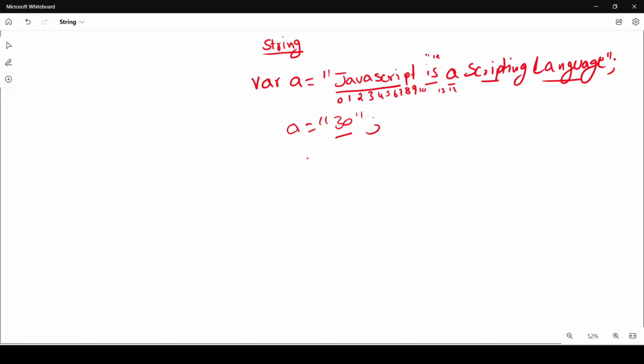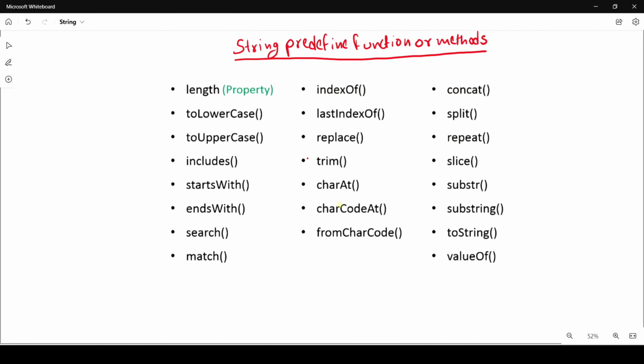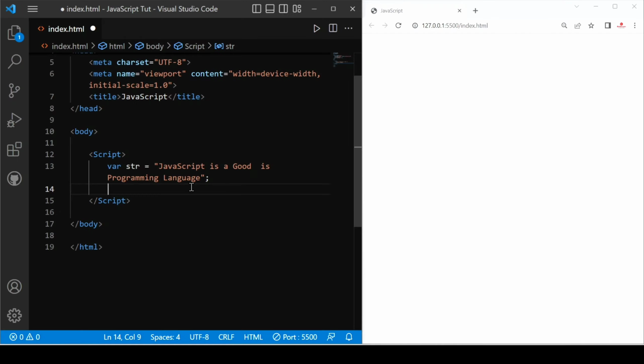Okay. Now after this, we just talk about some predefined functions or methods of string. The first is length. It is similar to what we use in the case of an array. Now this is a property. It means it does not require any round bracket. And other than this, all are functions or methods. Now we are going to see how we can practically implement